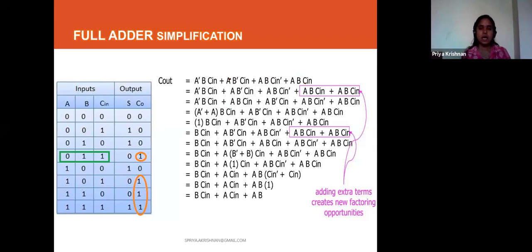Again, I have to take the common terms from my group terms and start doing the simplification. After the last simplification, I derived B Cin plus A into Cin plus A into B. I'll share this PPT with you so that you can see how it is simplified. It is simplified step by step, and the formula used is also given on its side. So it will be very easy for you if you go through that.